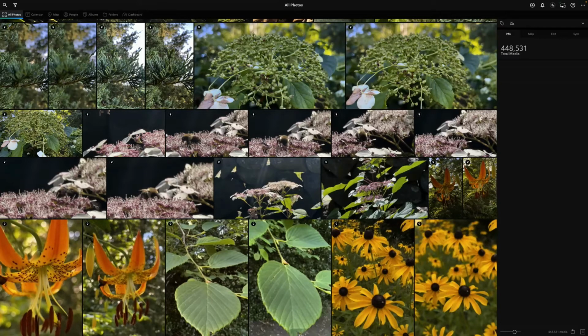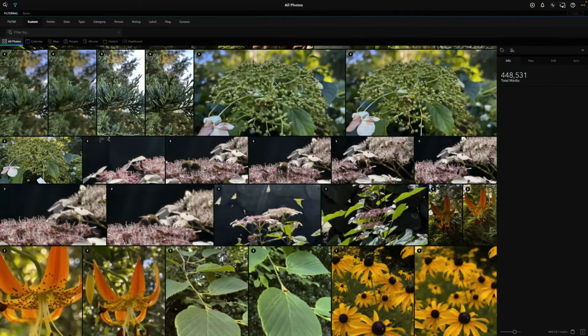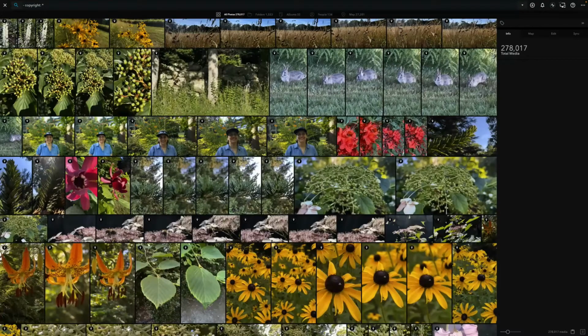So if I translate this, it means does not have copyright. And what does the asterisk mean? The asterisk means anything. So basically what we're asking Mylio is to not show any photos where the copyright has something in it, which is the opposite of photos that have something in the copyright. Because we're asking it not to show anything where there is text in the copyright, it'll show us all the photos that do not have something in the copyright. So the star is a wildcard for any character in the copyright field. And then the minus is